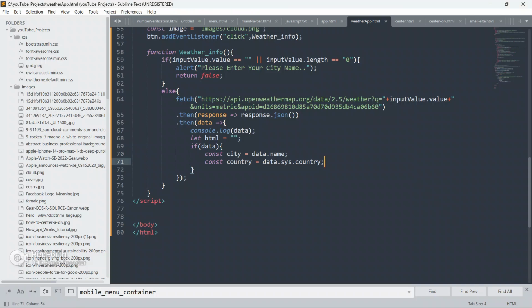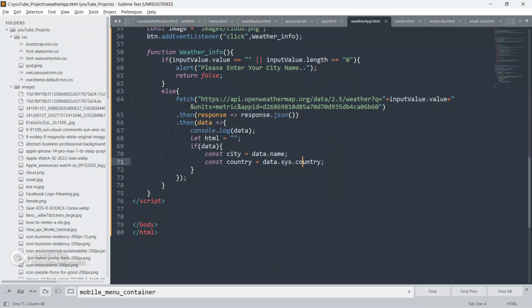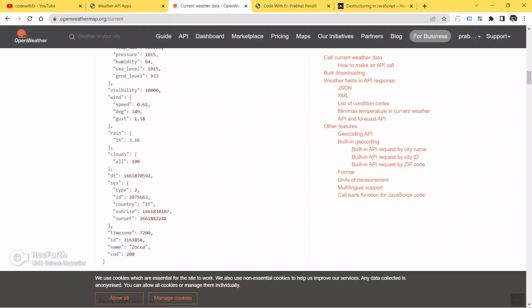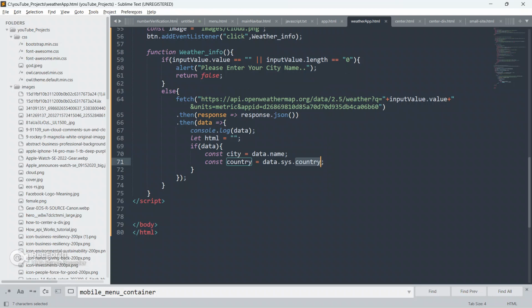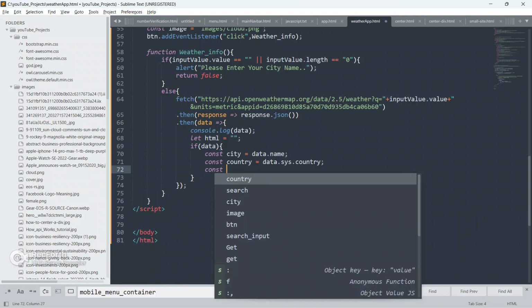Okay, so let me go here and show you the country. I'm getting country here. So as you know, everything is inside this data now. So data dot sys dot country will return, this sys and this country. As of now, this is IT, and in our case, it will return India. Okay, so go ahead,